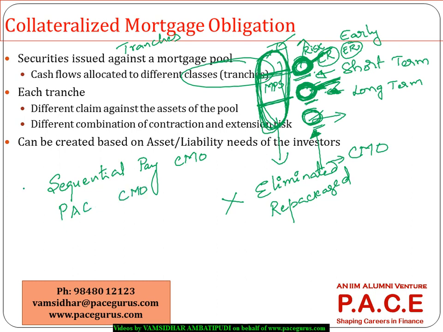So we'll try to understand these two heavily used CMO mechanisms, from where we can understand the entire process of how CMOs can help in the redistribution of the extension as well as the contraction related risk associated with the mortgage payments. Alright,